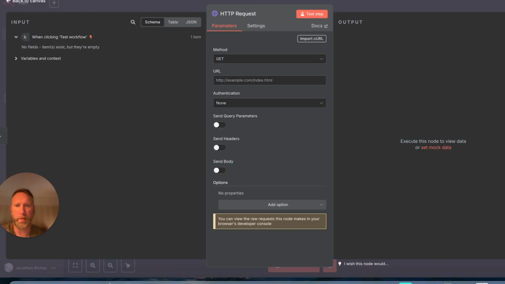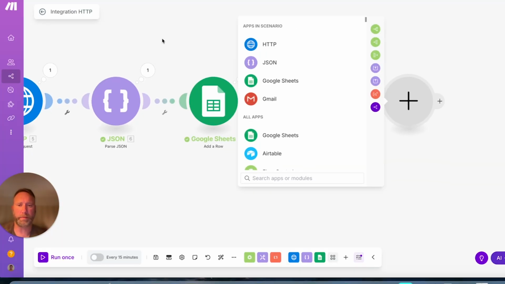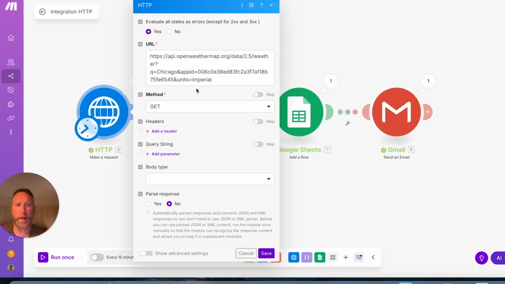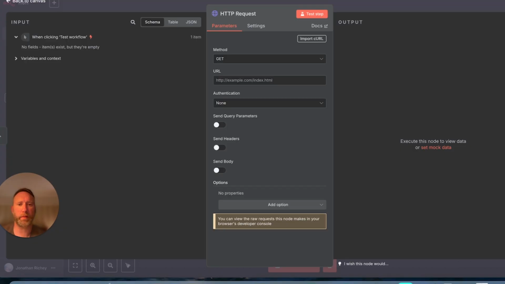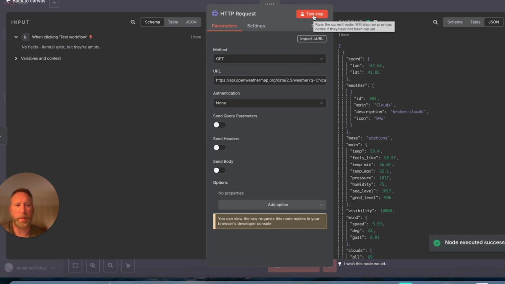So if we just go back to Make.com and grab this same URL, I'll just copy it, come back over to n8n, paste it, and if I just hit test step, boom, right away